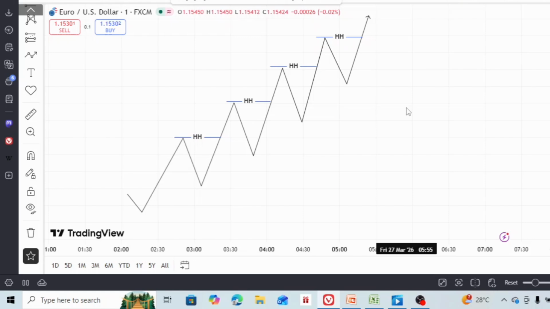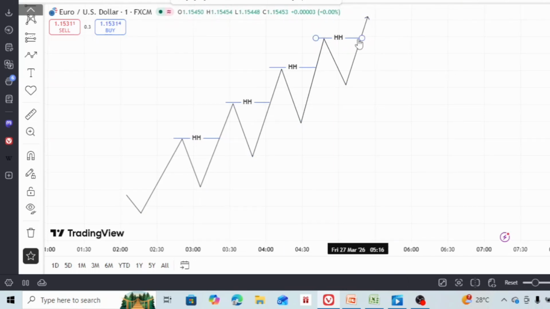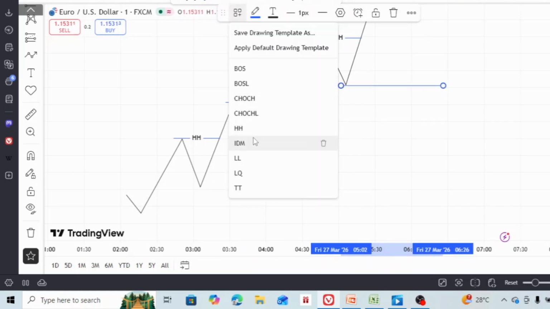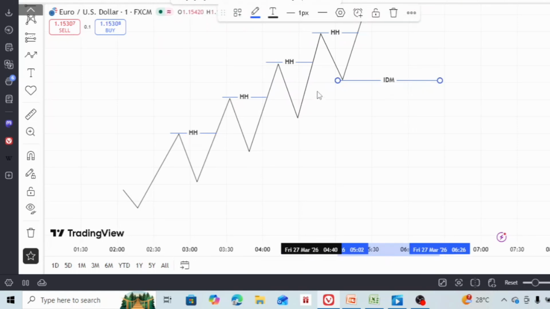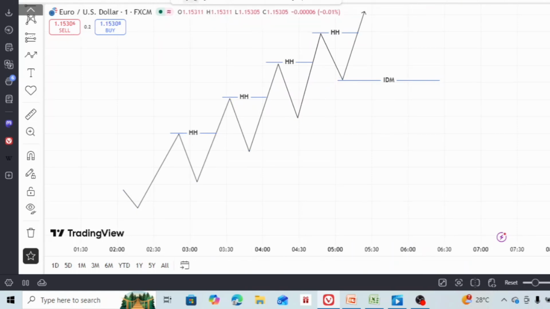So we also have talked that we should take our order block below the inducement in an uptrend, and in a downtrend it should be above the inducement. So we have our higher high here. This higher high confirm means we find our inducement, right? Like we have discussed. So this will be our inducement level. So below the inducement, if you have any type of order block, then this first order block